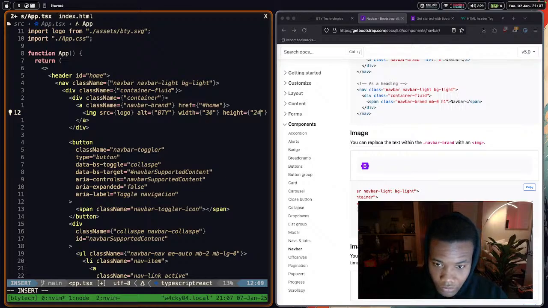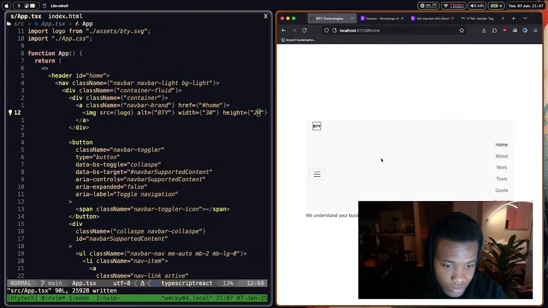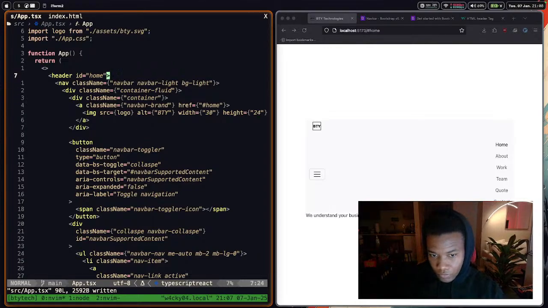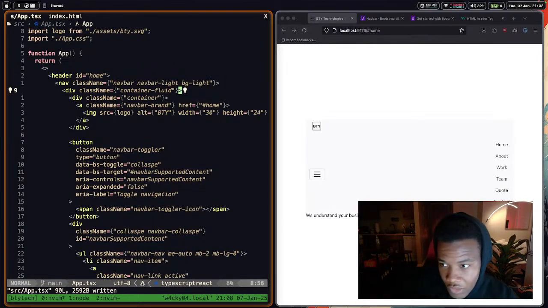And they have a 24. So let's see how that changes it. Okay, kind of changed it a little bit. Kind of like that, but at the same time, we still have some weirdness happening where the header is not really the header there. I have the nav inside of a header tag, so I'm wondering if